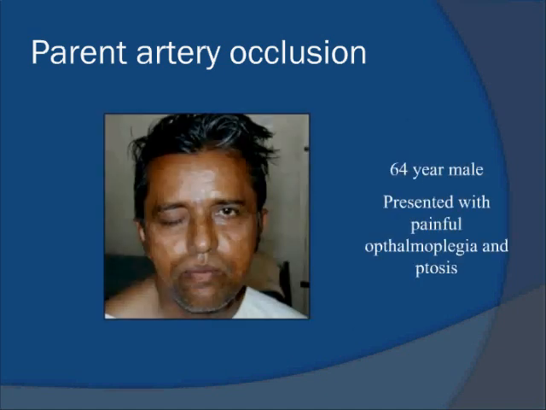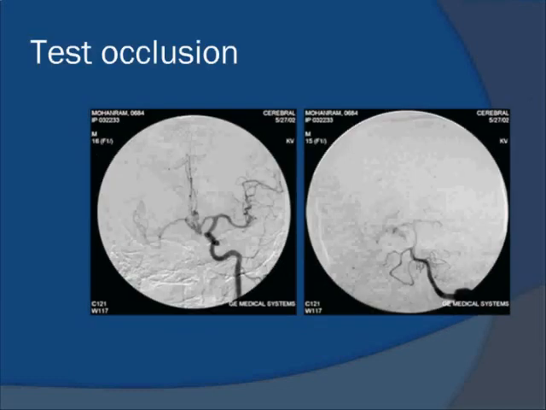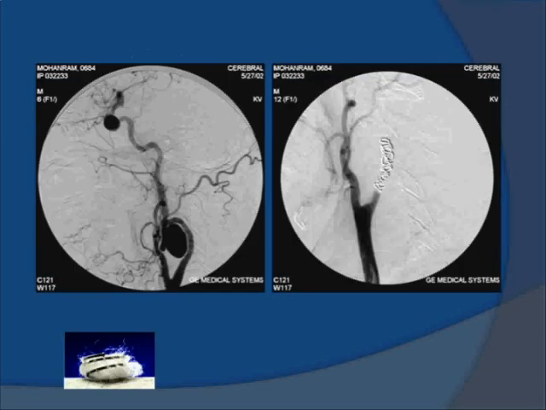Not only recanalize, it tends to throw emboli into the circulation and the patient may develop a stroke. Here's an example of a patient who's come with ptosis and who's got ophthalmoplegia. The angiogram shows the patient to have two aneurysms in the right internal carotid, one in the cavernous segment and one in the extracranial cervical ICA. The test occlusion shows good filling from the left carotid system and also filling of the MCA from the vertebral system. But nowhere during this is the aneurysm opacified, either from the ECA or from the vertebral system.